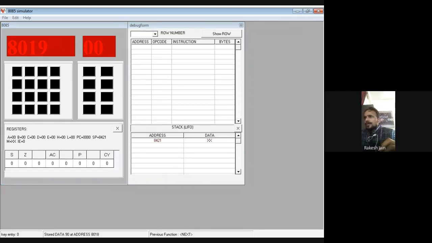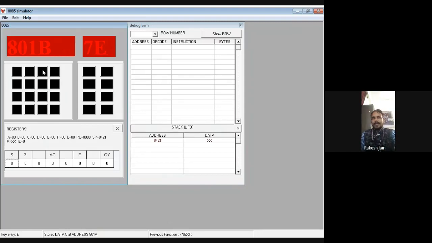Then at the next memory location 0E 05, so 0E and then 05. Then at the next memory location after 0E 05 we have to write down 7E, and we should remember this location of 7E.